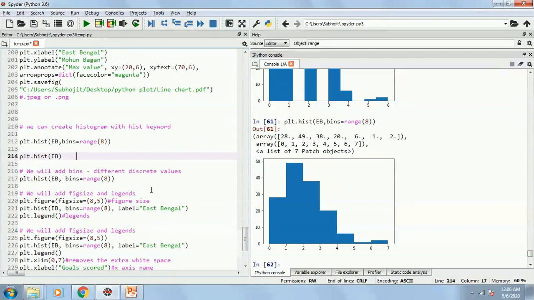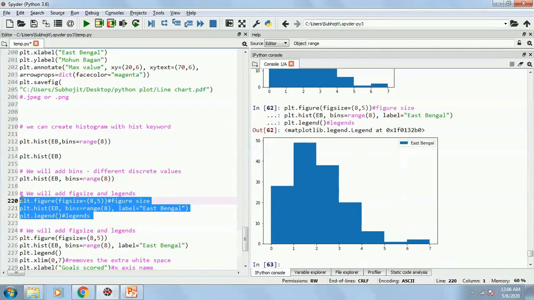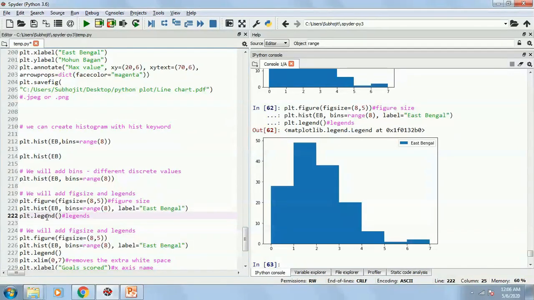Now again, I can use the features whatever we have done earlier. I can use a figure size, I can increase it, I can put a label, that is East Bengal, and I can put a plt legend. So it will look something like this. Now the chart has become a little big. I have also added the legend by default, which will be at the upper right hand side, East Bengal. So now you already know these things. Okay,